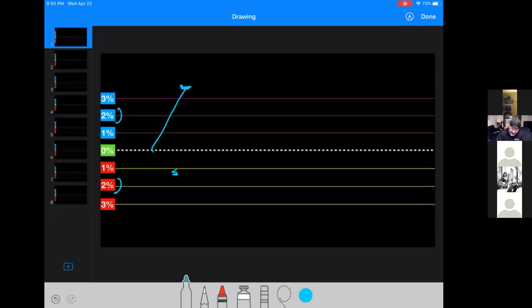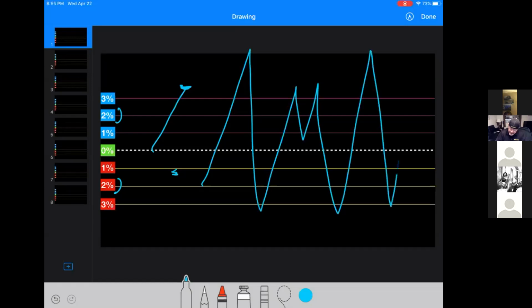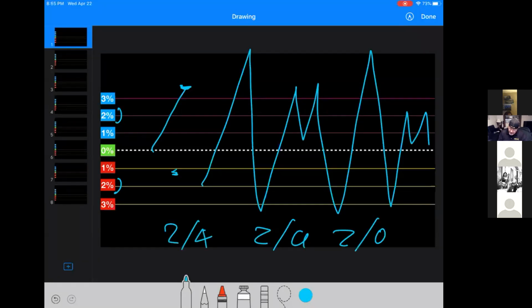So what does that tell you? That tells you the market does this, right? A lot of oscillation. And if you're not giving it the room to do that with this, 2-4, 2-6, 2-0, 2-2, whatever you're doing, and your lot sizes are too big and there's a market swing, you're going to go up quick, but you're going to come down just as fast. And when that happens, you're just going to be taken straight up and out of the market.